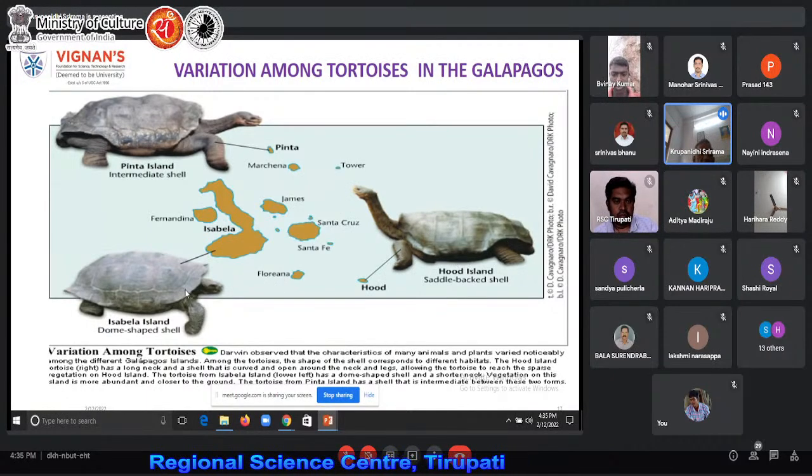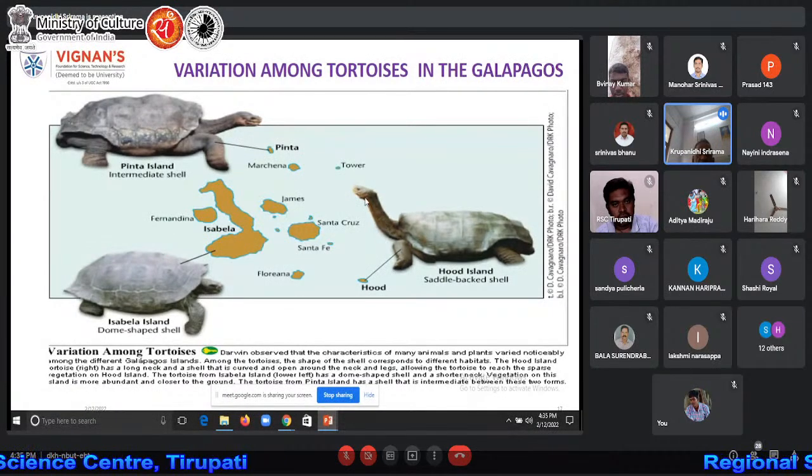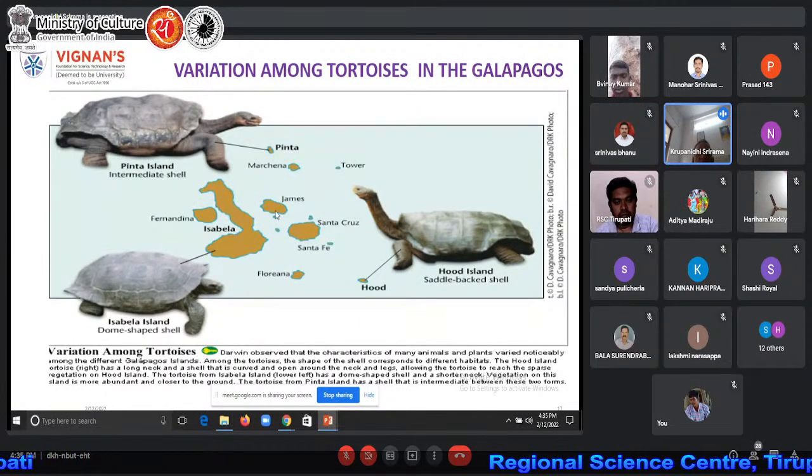Like that, if you go to this one, it has a very smooth dome-shaped shell, but it has a short neck. The short neck refers to a ground feeder. It is not like this tortoise; it does not pierce its neck for procuring the food. The next one is the Pinta Island. Pinta Island is intermediate between the long neck and the short neck. So like this, the three types of tortoises were detected,